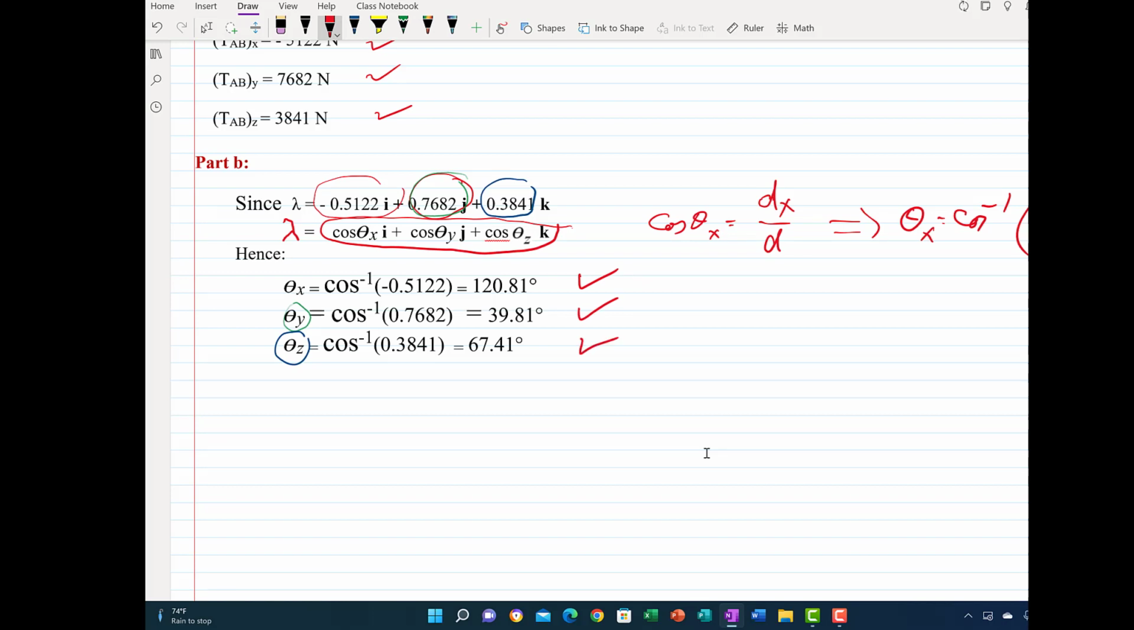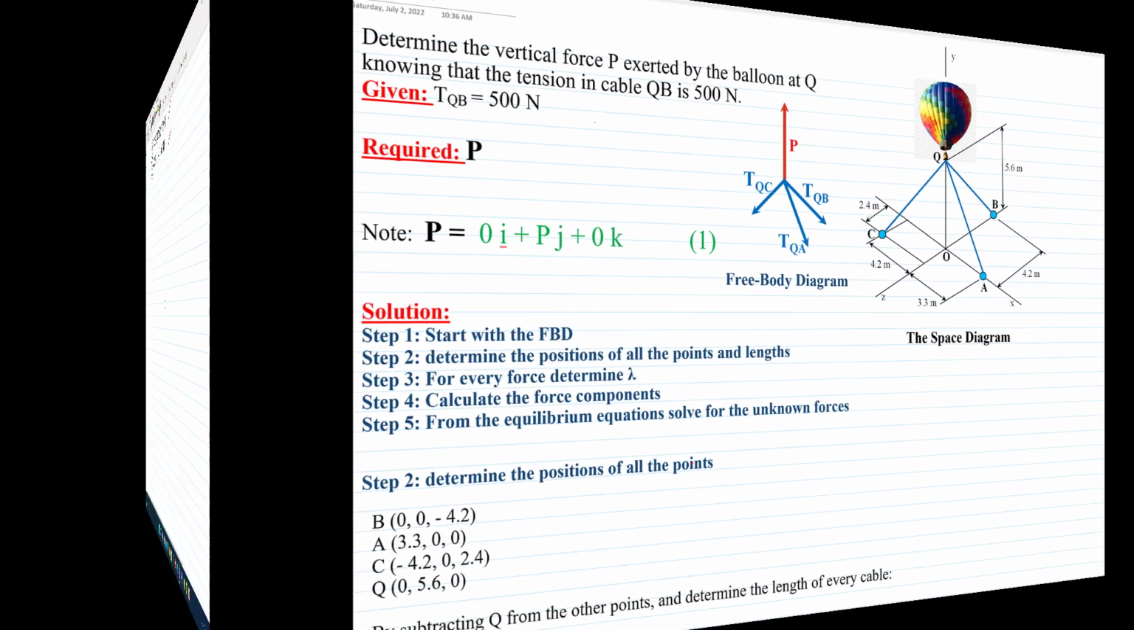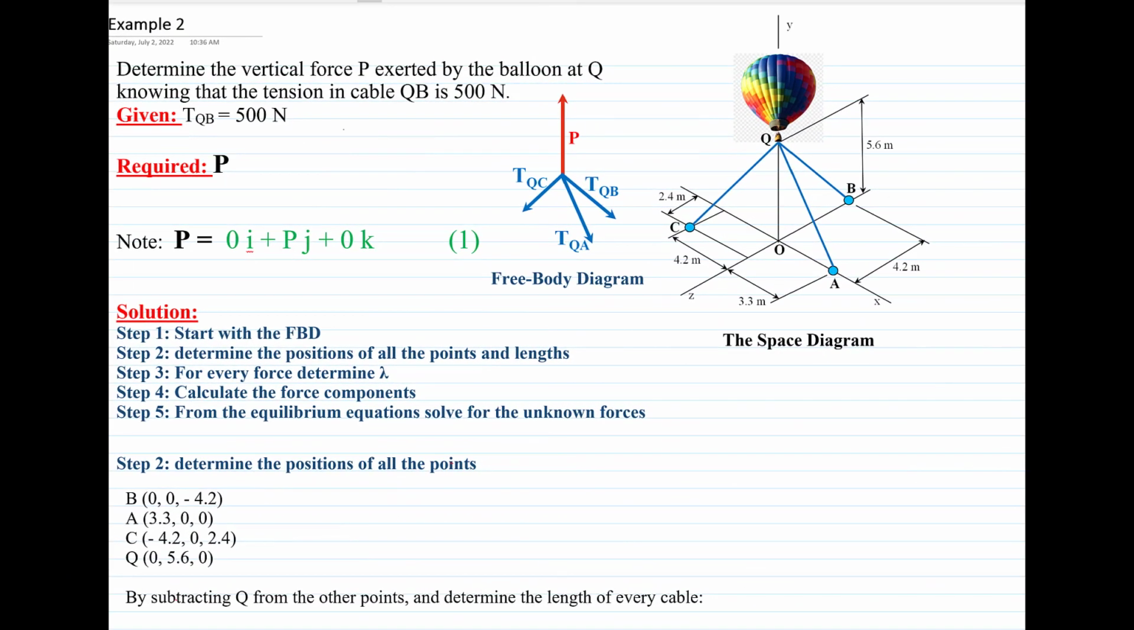Okay, as you can see, it's systematic work. You need to follow the procedure and be careful when you decide about the coordinate axes of each point and so on. Straightforward. The second example in this tutorial is a problem about how to use the equilibrium conditions to determine the